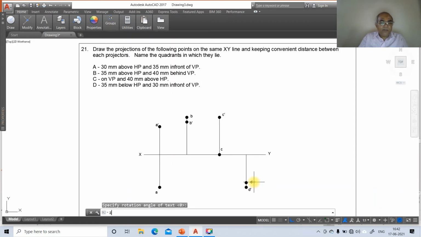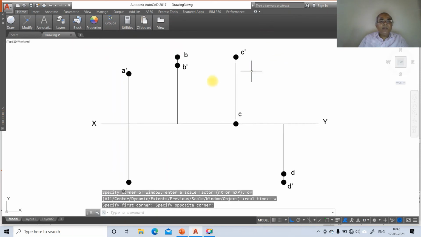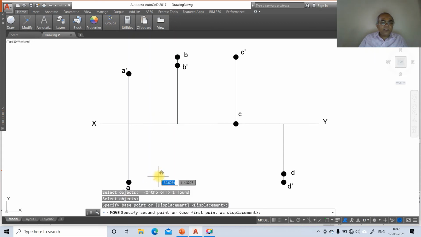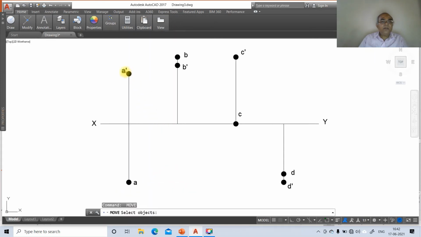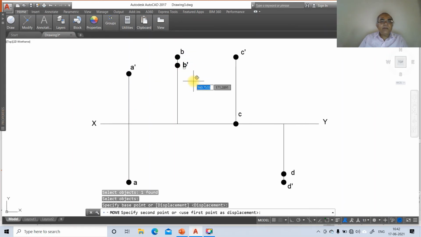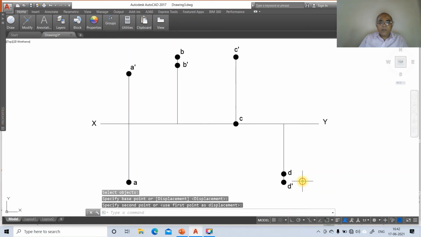So then zoom extents and then zoom window, you take only this near to the screen, and now we will go to move command, switch off the ortho mode, you move this and place it wherever you want. So go to A dash and place it, similarly B and B dash, then you take C dash, then C, then D and then D dash,